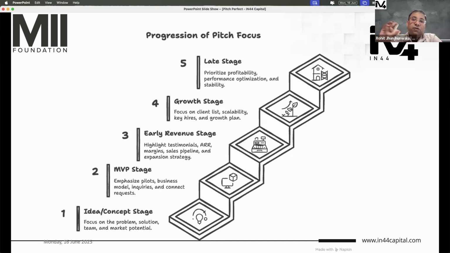From an idea stage, you're now a product, right? But product is not a business. A product is just something that you have created. You still have to build a business around it, right? So when you have a minimum viable product, you have to emphasize how you reached here. How much R&D was used? How much knowledge did you create? Did you create any patents? Did you create any IP? Are there any early pilots going on with a viable product?